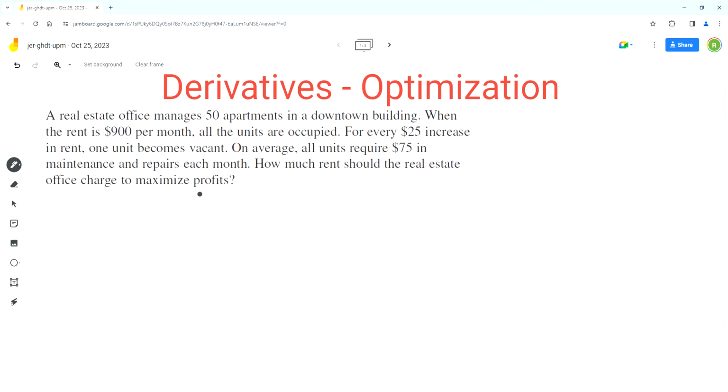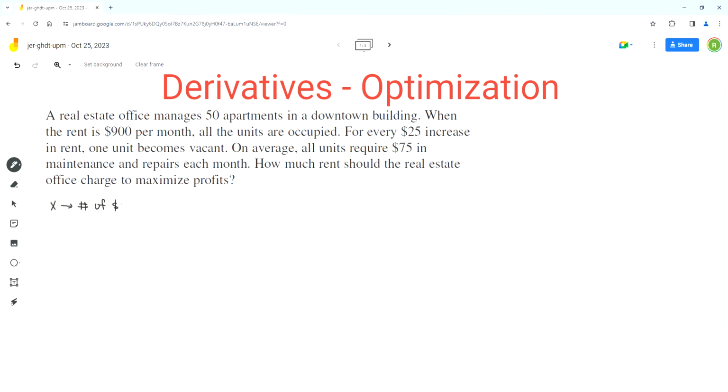Now we have to find the rent amount that will maximize profits. So for that, we need the function for profit. So we'll use the given information to write the profit function. Now currently the rent is $900 per month, and for every $25 increase in rent, one unit becomes vacant. So the first step here is to use a variable. So we'll have to define the variable. So the variable here we can use is x, and x can represent the number of